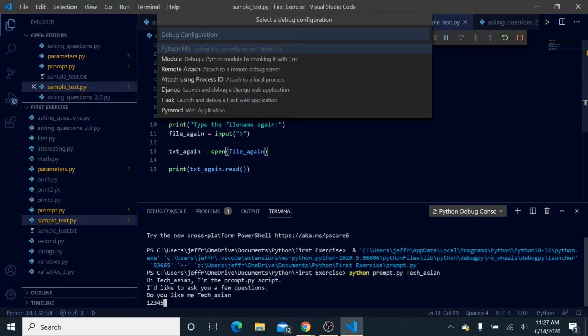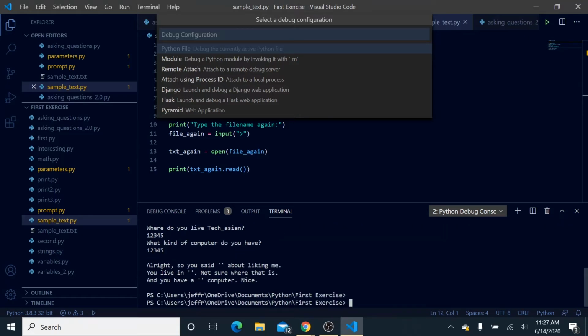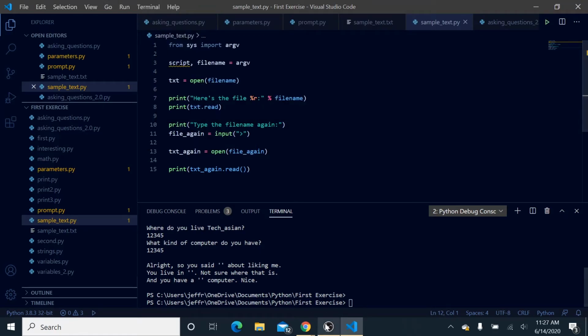So, can't run it through this method. Remember, we're going to have to go through this terminal. Alrighty. Let's get rid of this. Alright, so we're gonna run this as python sample_text.py, and